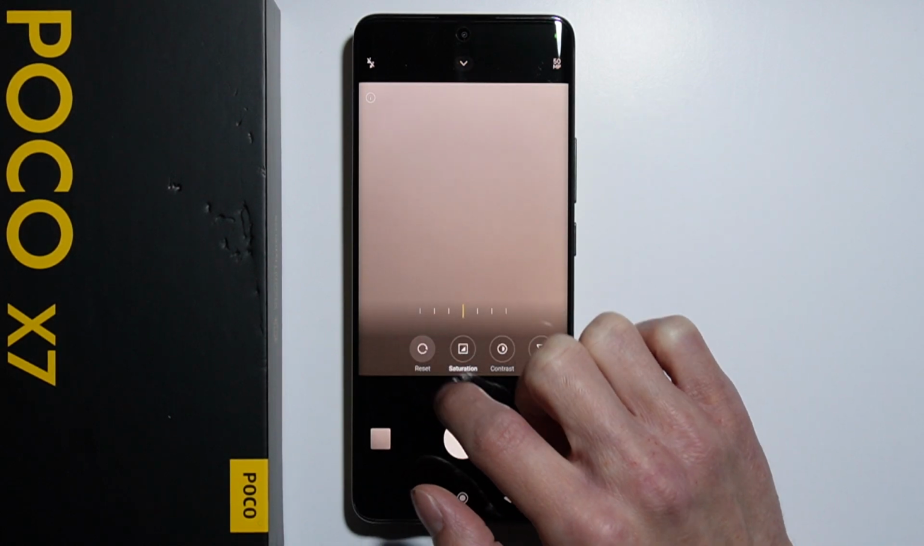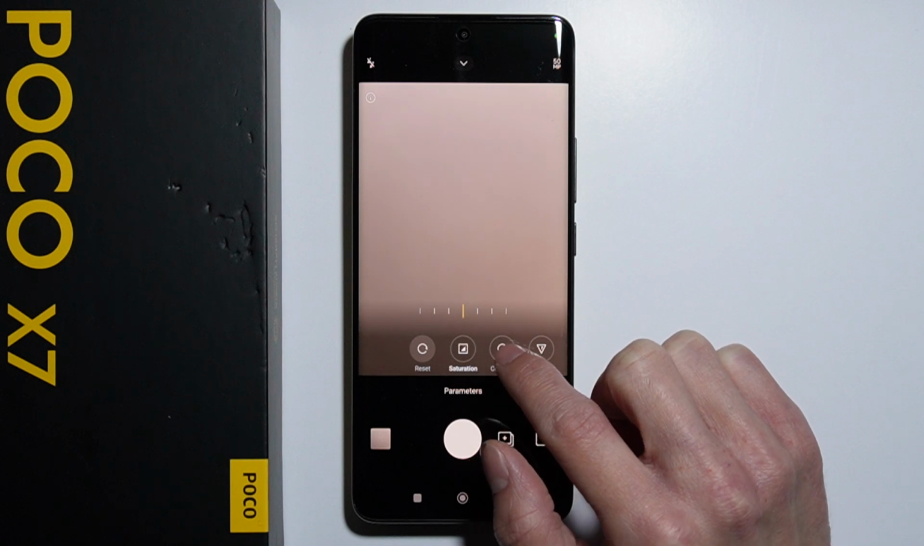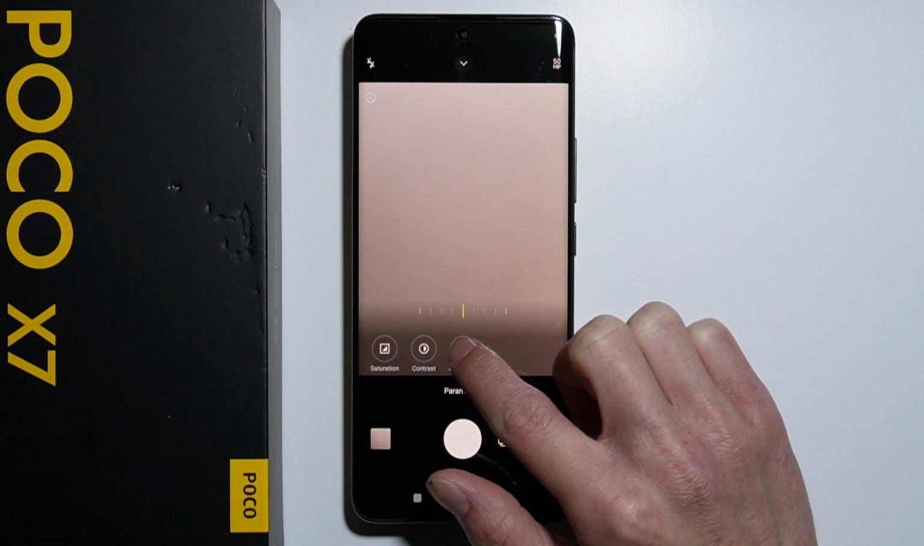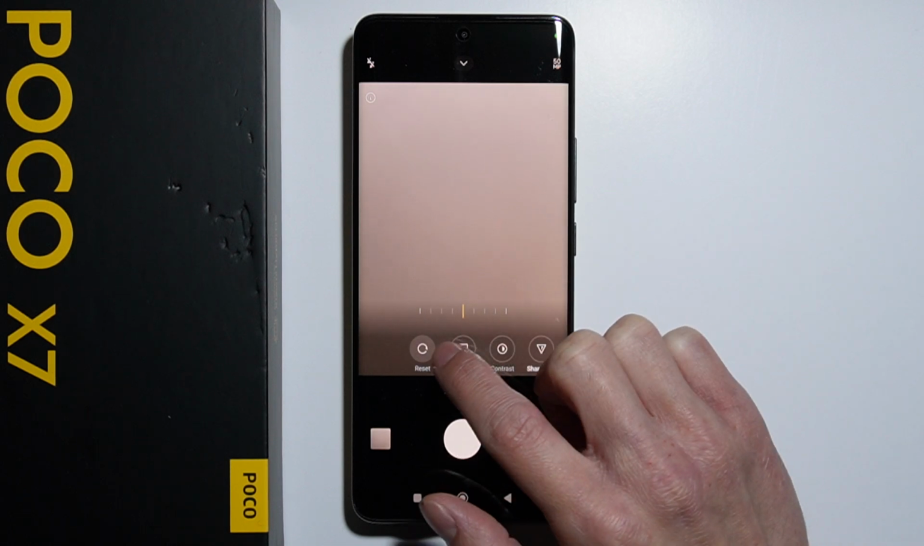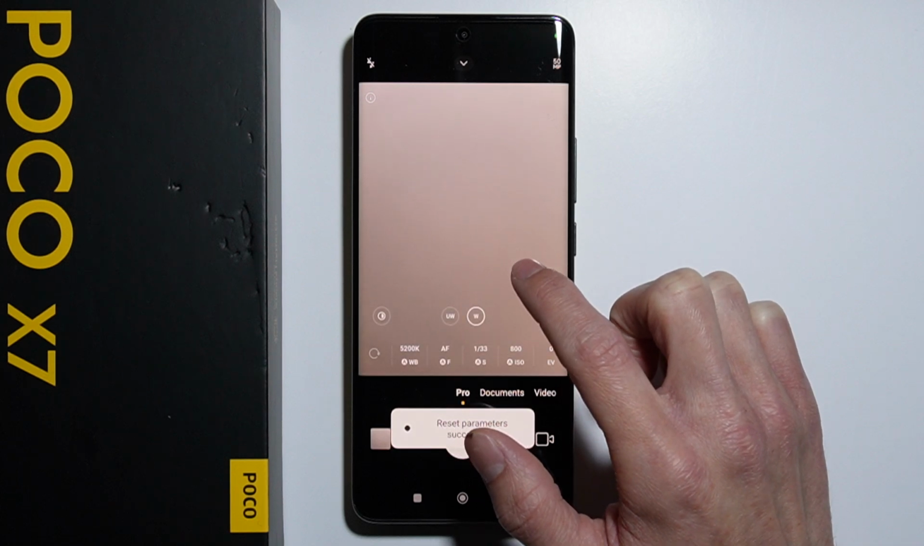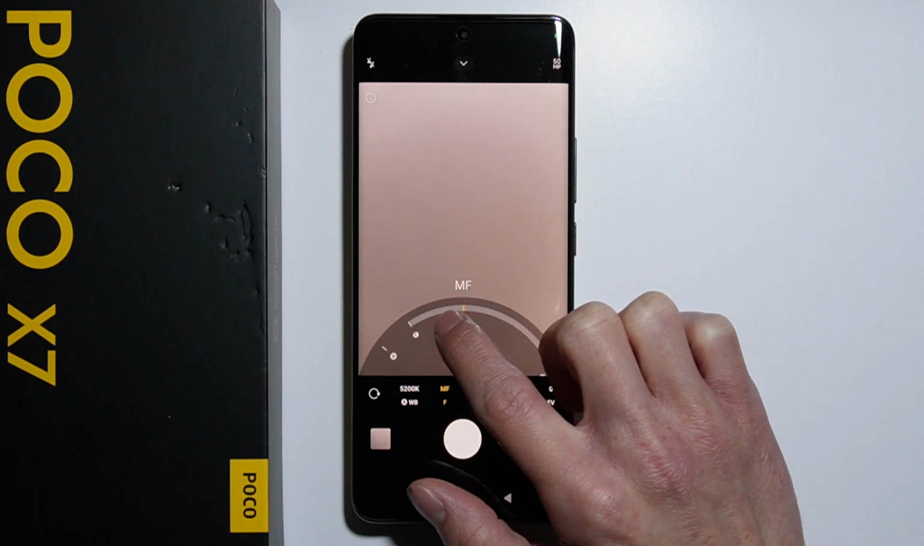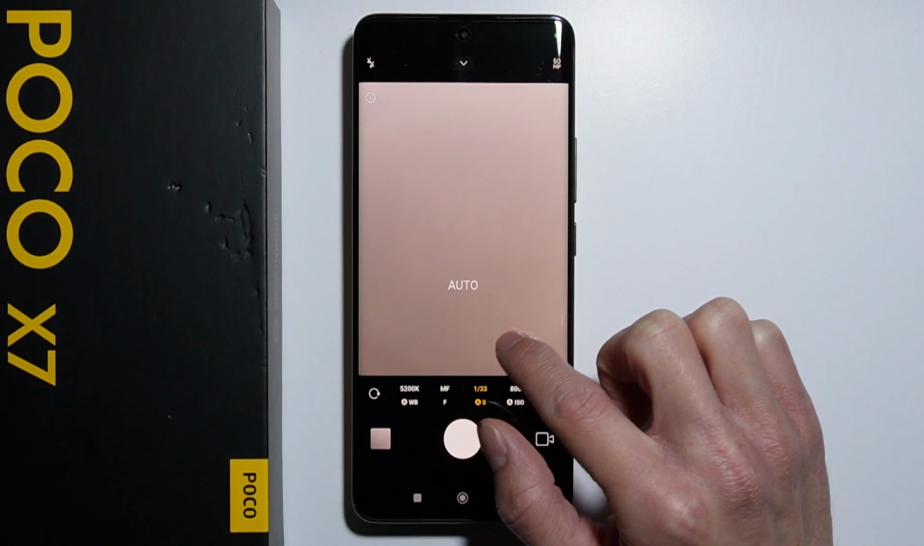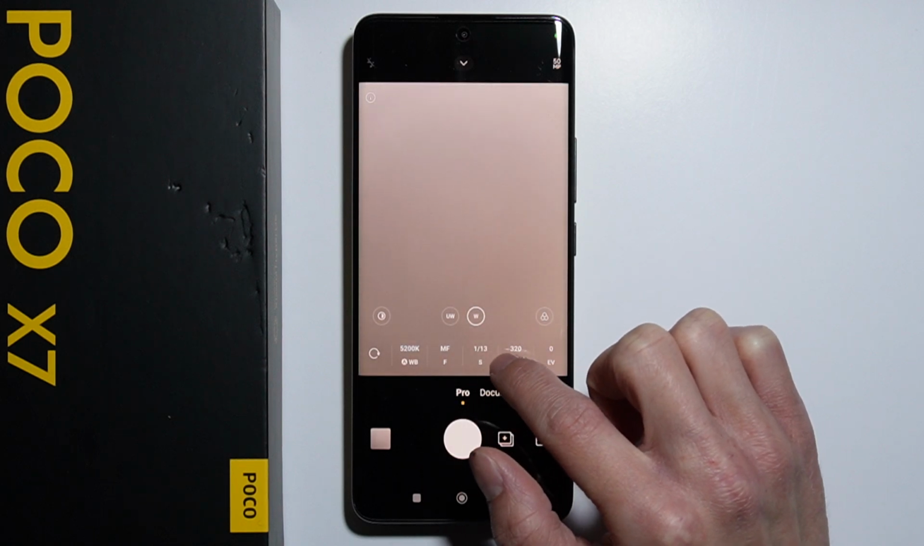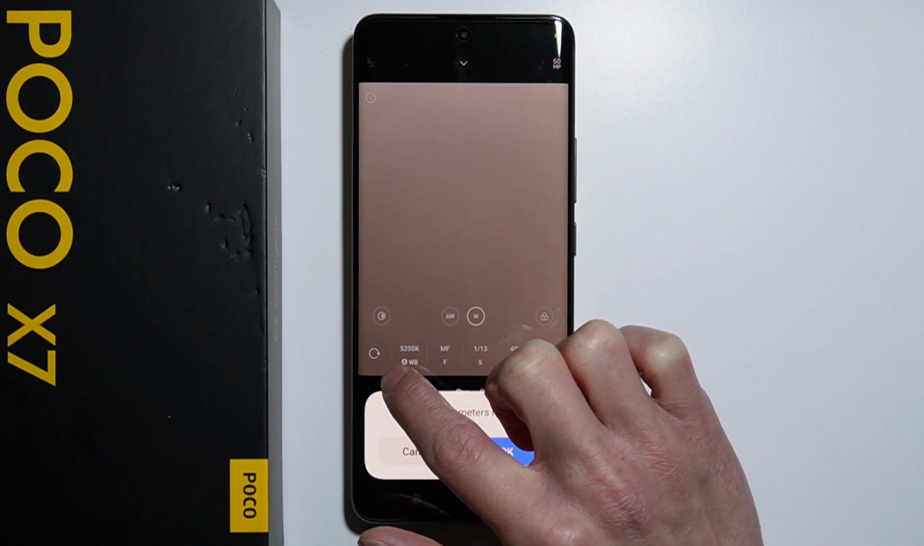And here we have the other parameters to set up, the saturation, contrast and sharpness. And if you made some changes and you want to reset, you have the reset button. And the same applies to these parameters. If we set up something and we want to go back to defaults, we have this button right here to